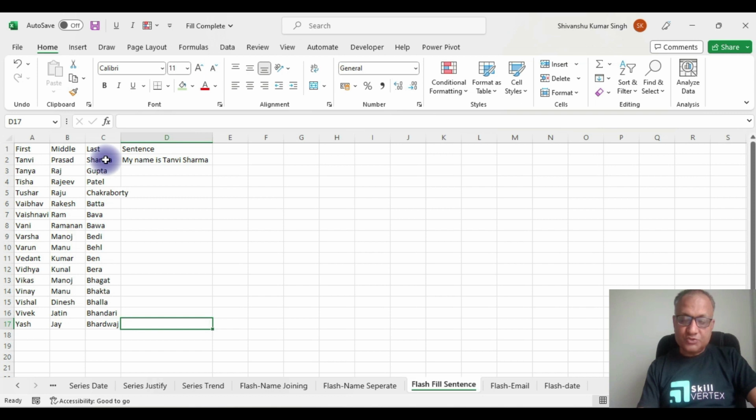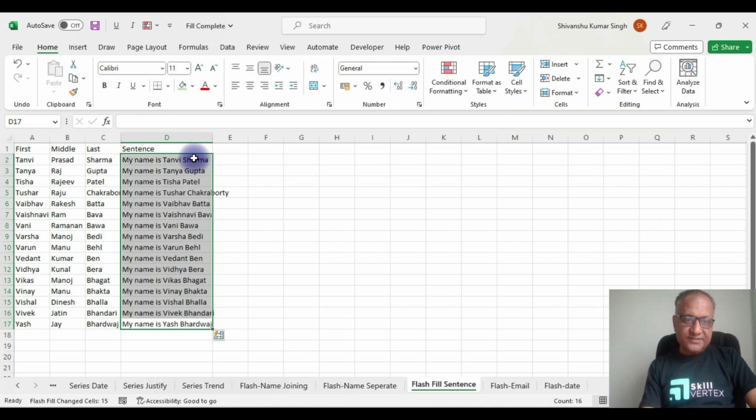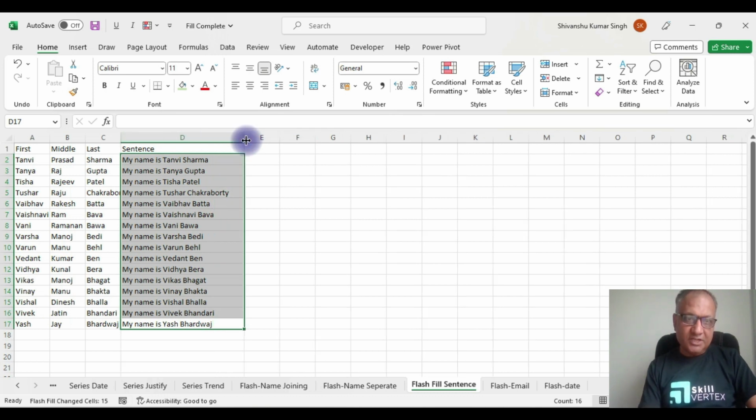Let's go down, come to the left, select this and press the shortcut Control E. And yes, we have got it. My name is Tanvi Sharma. My name is Tanay Gupta. Here my name is Yash Bhardwaj. So it is able to frame a sentence for me when I am trying to combine the three parts of